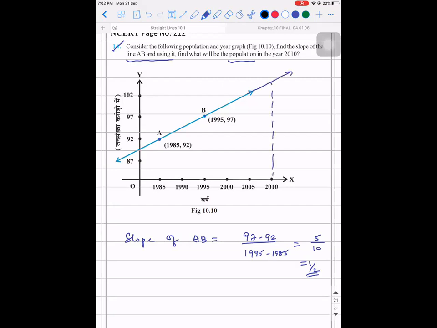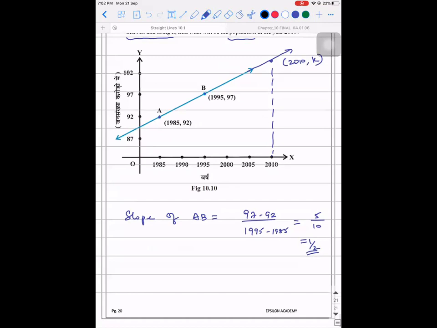When you join it, what will be the coordinates of this point? 2010 comma, let me call it K. If I take this point C, then can I say slope of BC is equal to slope of AB? Now they are collinear. Then it will be K minus 97 divided by 2010 minus 1995. How much is it? 15. Is equal to 1 by 2, which implies